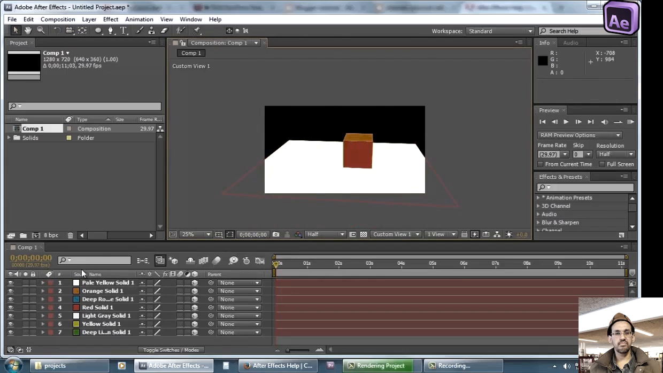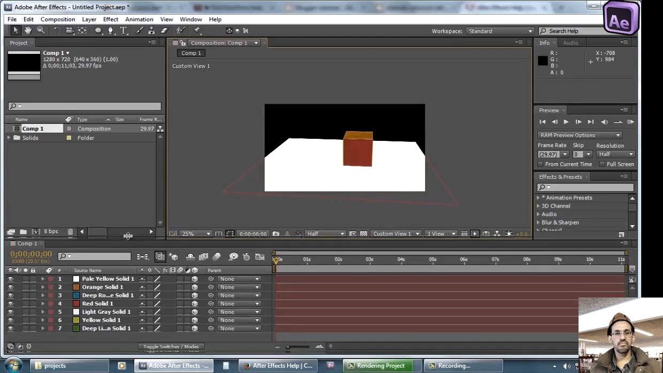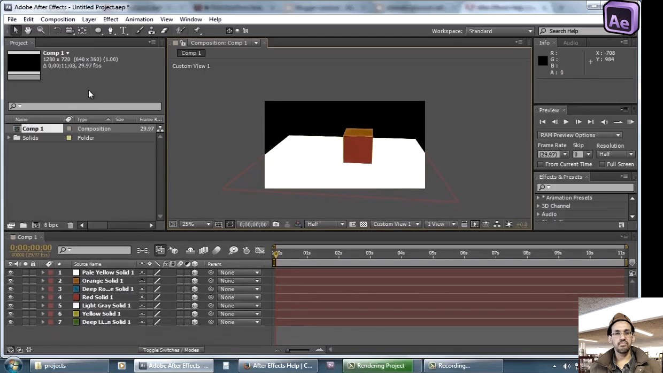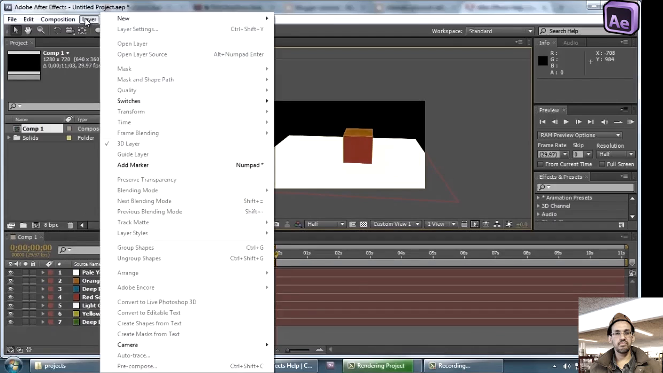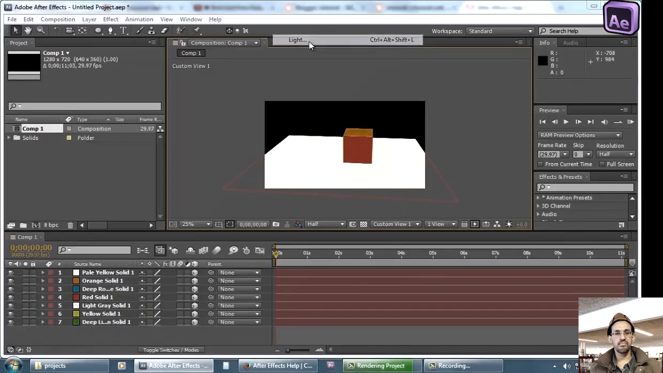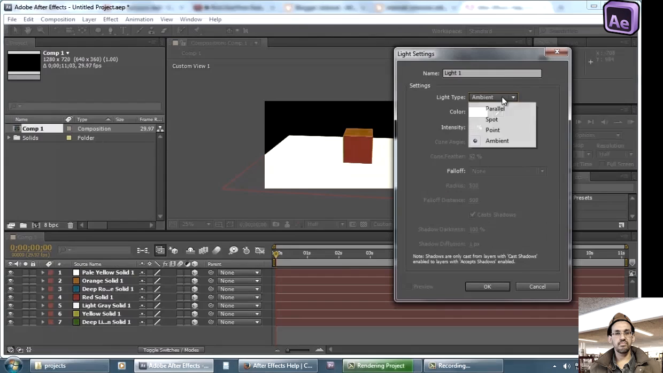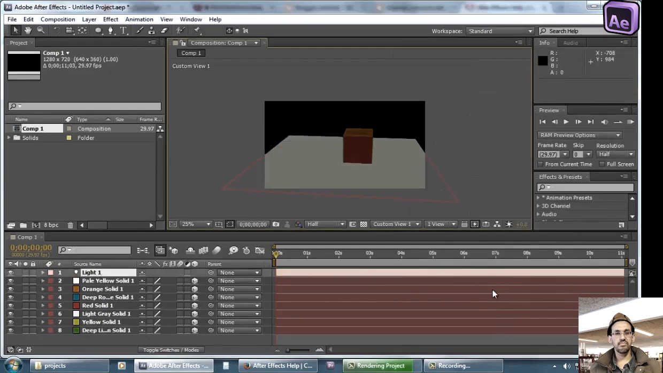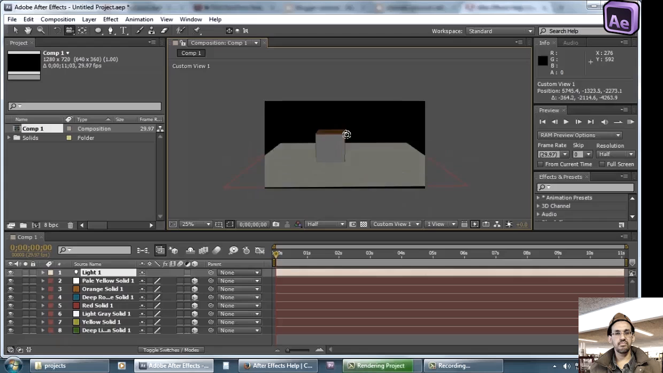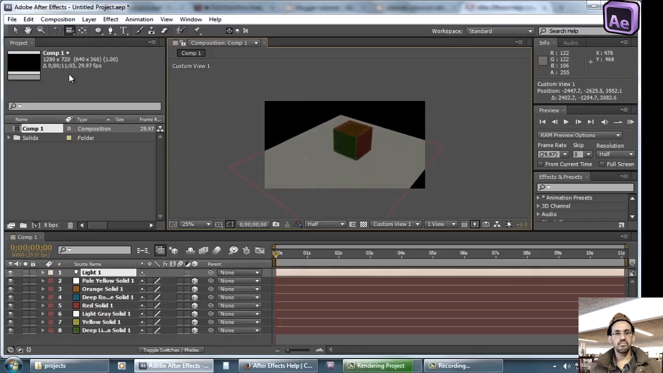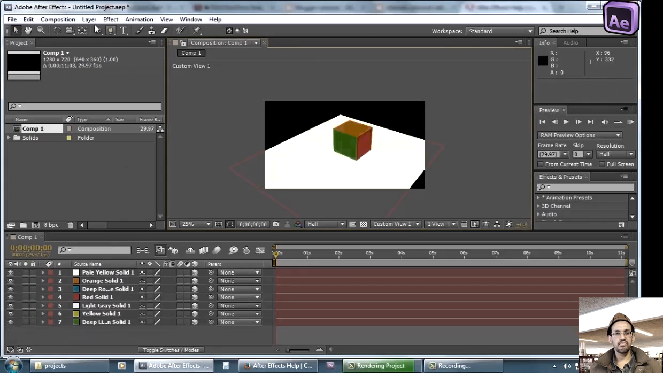Now to add lights, let's go to layer, new, light. We can choose between an ambient light that will light the whole scene from everywhere. For example, you can see that there is no defined direction of light for our source of light, but light is coming and lighting our scene evenly from all directions. So let's change it to